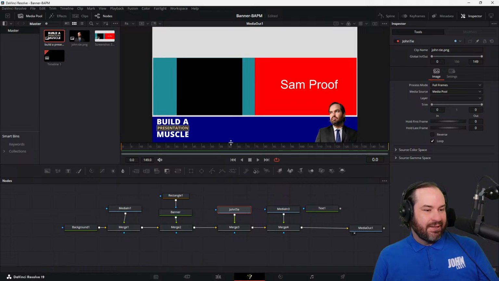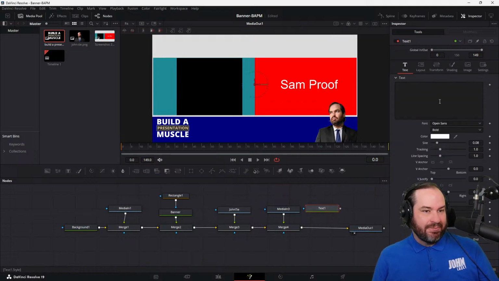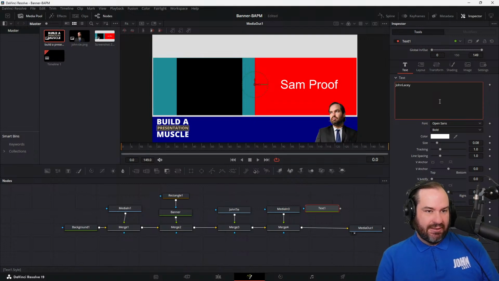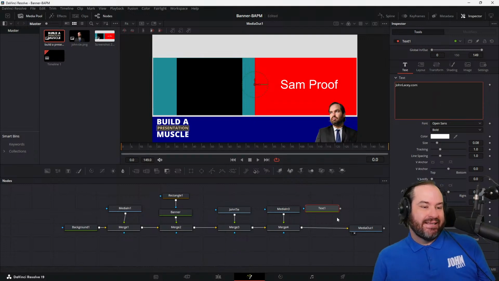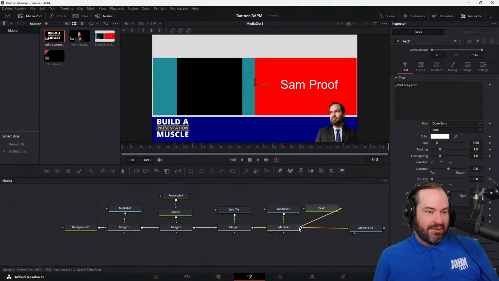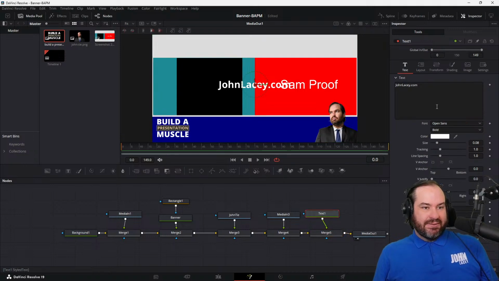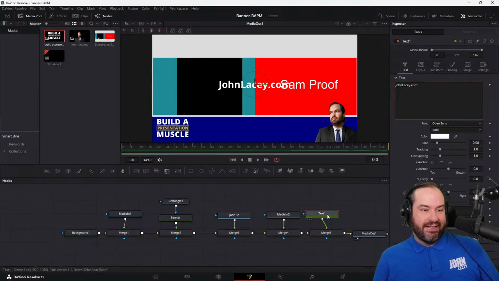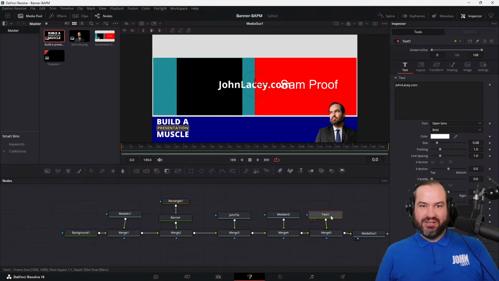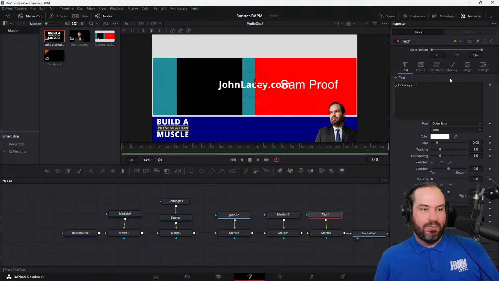So we've got that there. I've got my text node. I'm just going to write johnlacey.com. Again, we can't see it because I haven't actually connected it to the merge, so let me do that quickly. I've done that wrong. Let me try that again. Okay, cool. All right, so we go back to the text, and I guess that's the thing that I've literally just learned today is that there are properties for the media itself, whether that's text or image or whatever, and the merge itself. So what I'll do now is if I go to Open Sans,